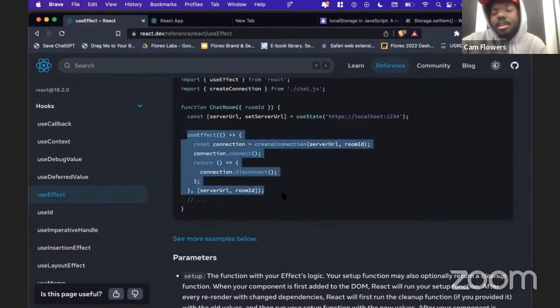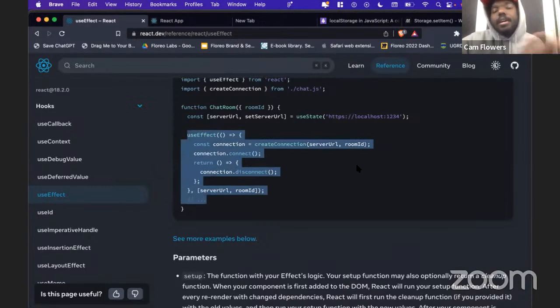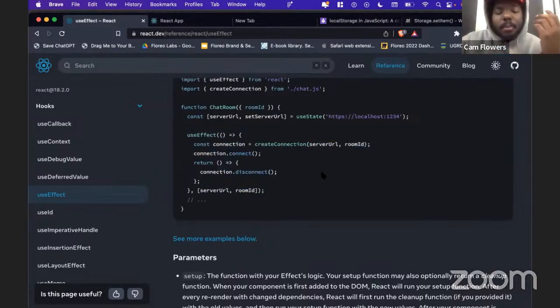We can call this hook, just like we can call the useState hook, as many times as we need for as many state values as we need. We can call the useEffect hook similarly for as many pieces of information as we want it to track. It's a pretty interesting hook, but it's also one of the more complicated ones, in my opinion,